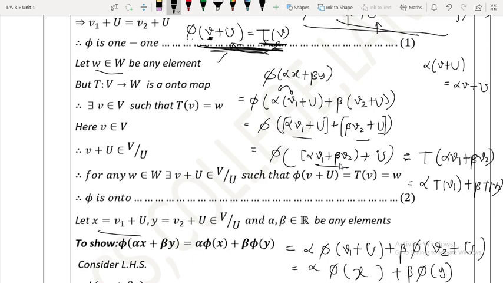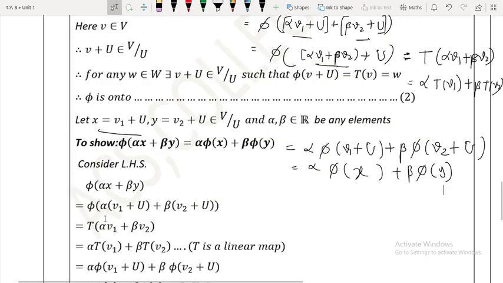So this is phi of alpha x plus beta y, which is further equal to phi of alpha times the x value coset, beta times the y value coset, which is equal to, now here a few steps are skipped actually. If you want you can write those steps. So which is further equal to phi of alpha [v1 plus u], I am giving square brackets in order to avoid confusion, plus beta [v2 plus u],